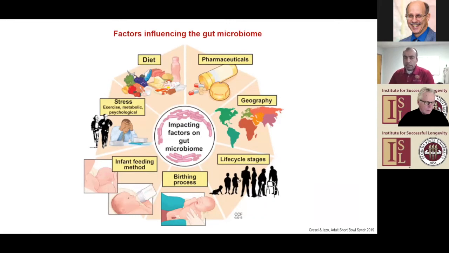So as I said, the diet is one of the primary and profound factors tightly regulating and shaping the microbiome. Whatever we eat, whatever goes in our gut, just changes the microbiome. And sometimes these microbiome changes are very quick. They can be seen even in a day or two. Other than diet, there are pharmaceutical compounds like drugs, antibiotics, steroids, and many other things, melatonin. They have been shown to change the microbiome.